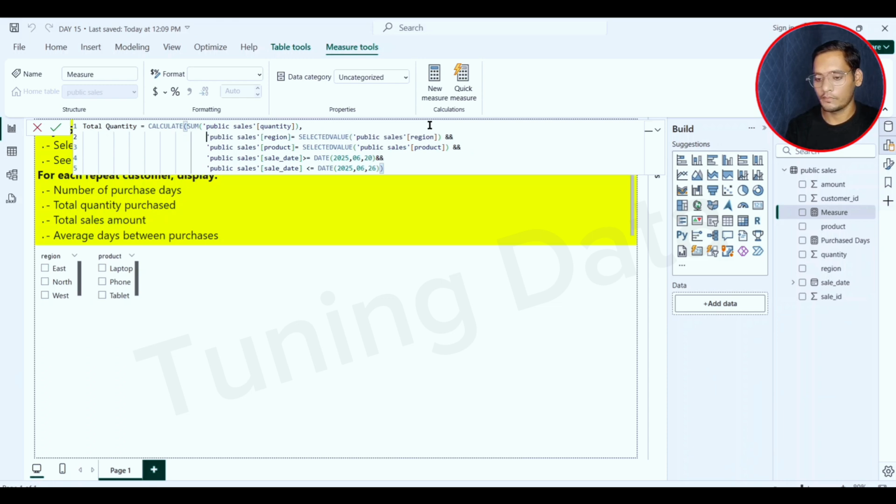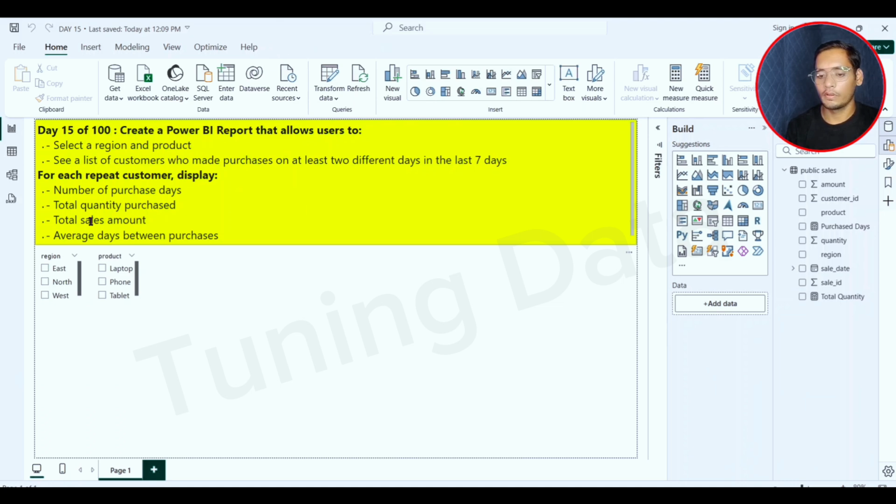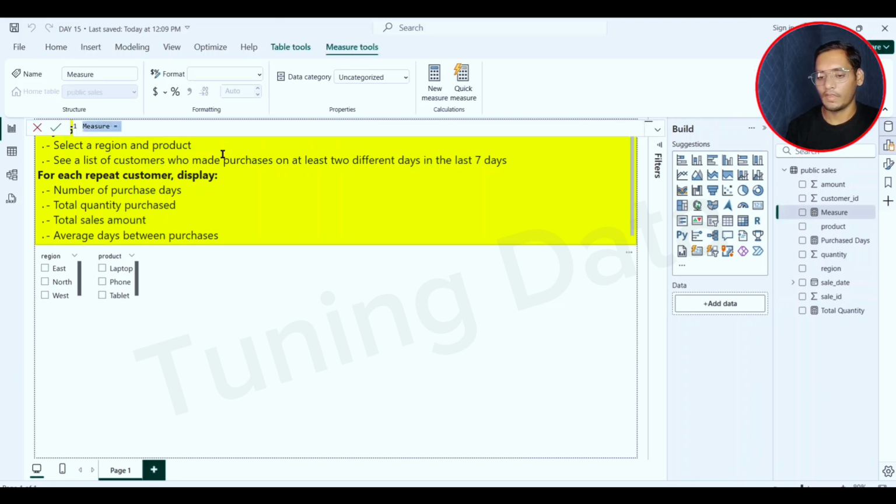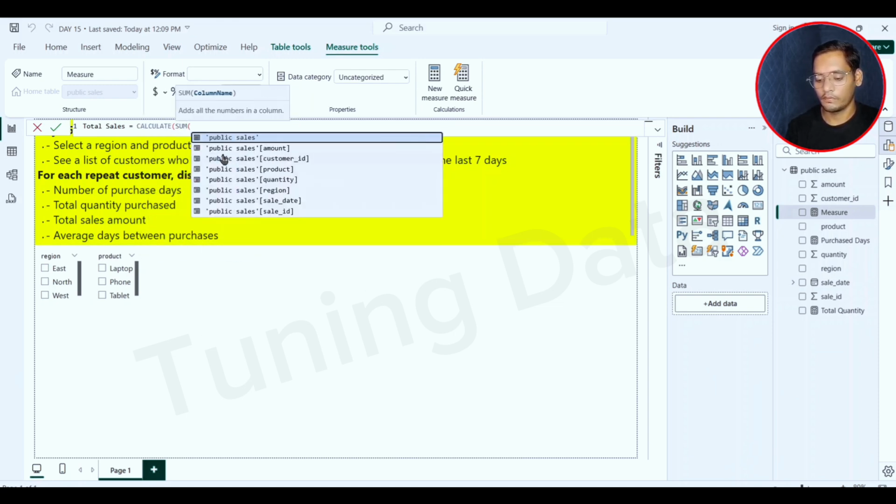Yeah, so now it's perfect, and let's run this query. And now we will create a measure for total sales amount. So let's click here on new measure, and total sales is equal to calculate sum of amount,